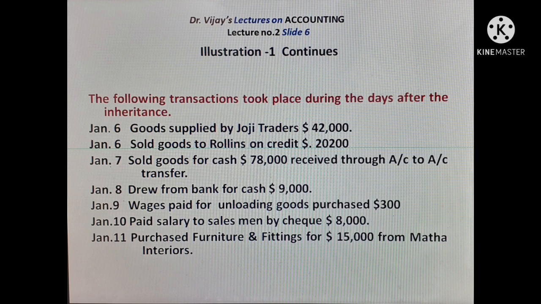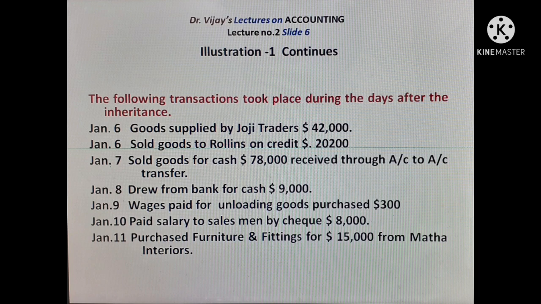Drew from bank for cash. So cash is taken from the bank for cash. Cash comes to till of the firm. So cash account, cash comes in. Cash account to be debited. Bank account is giver, so bank account to be